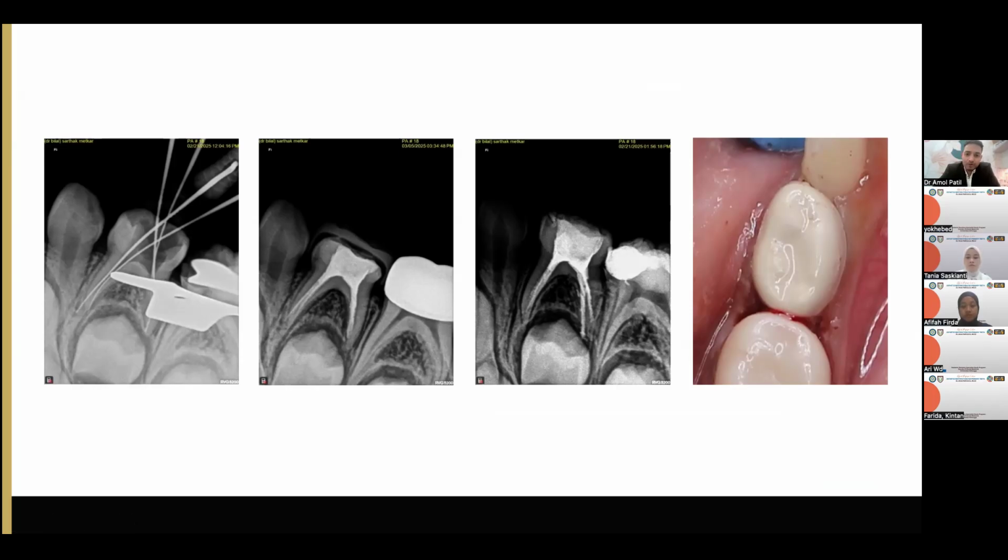So again, one more factor we need to consider while deciding a crown is, if you're going to carry out a vital pulp therapy procedure, then it is better to use a biflex crown as compared to a zirconia crown. The reason being, as biflex crowns are radiolucent, it is much easier for us, during follow-ups, to check the status of the pulp and the condition of the